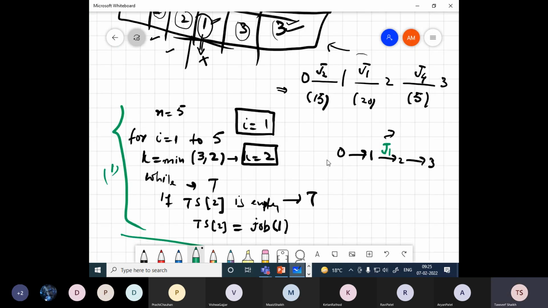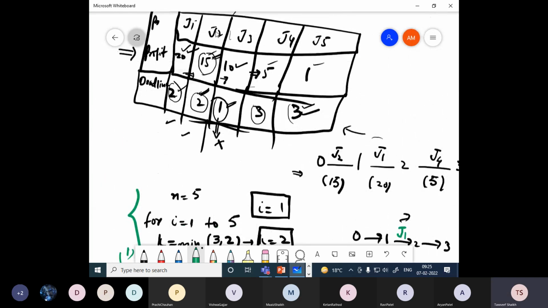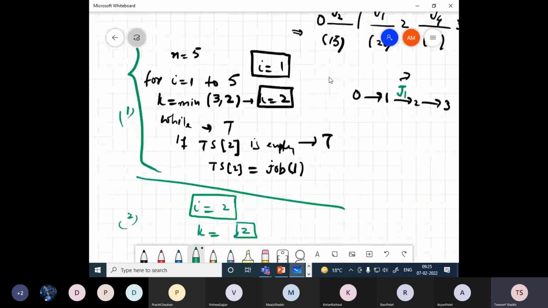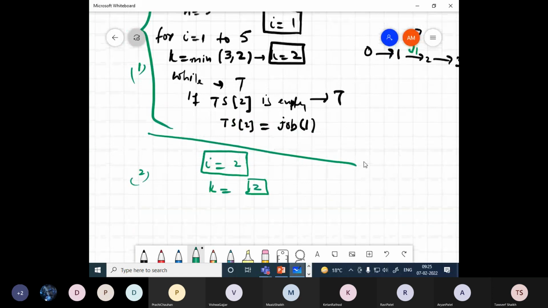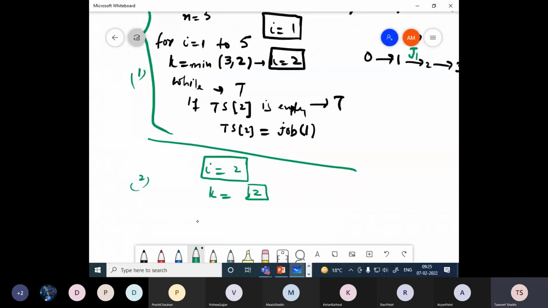Because J2's deadline is also 2, and the maximum is 3, the minimum will be taken. That's 2. Now, while will be again true,